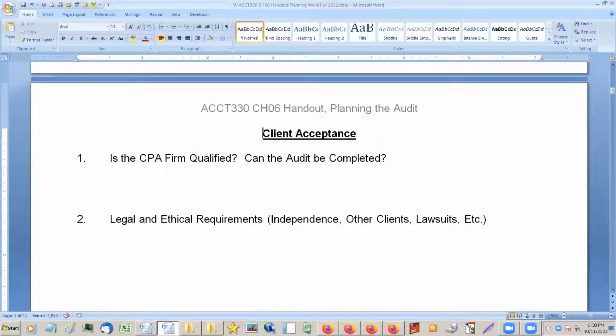So accepting a client is another weird thing, and we talked about this last week, I think, about the auditing profession, is that we can't simply take every client that comes to us. And notice that that's very different than other professions. If someone walks into a hospital, the doctor doesn't say, well, does my mother work for your company? You don't get that. You do get that when you're doing auditing.